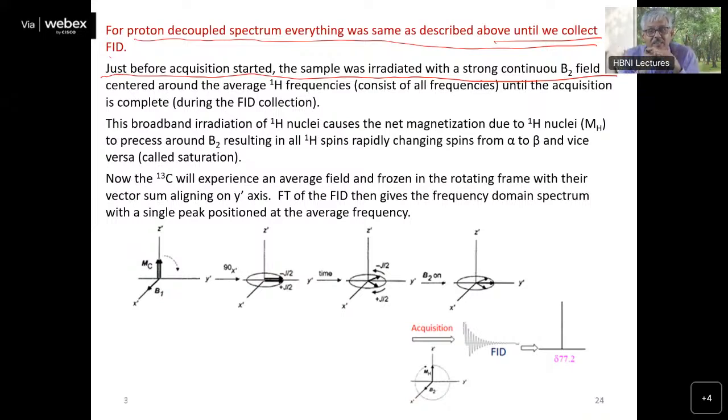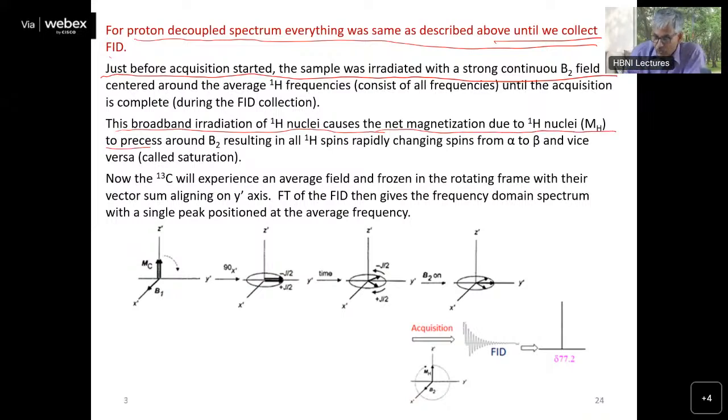We are not doing a very selective decoupling here, like in the case of homonuclear decoupling. Here we are removing all proton couplings. That's why we need a very strong B2 field, so that all proton couplings will be lost. So this broadband irradiation of proton nuclei causes the net magnetization due to proton nuclei